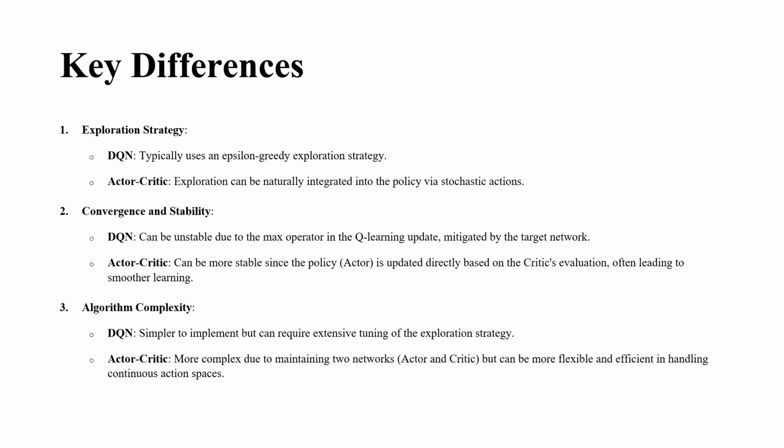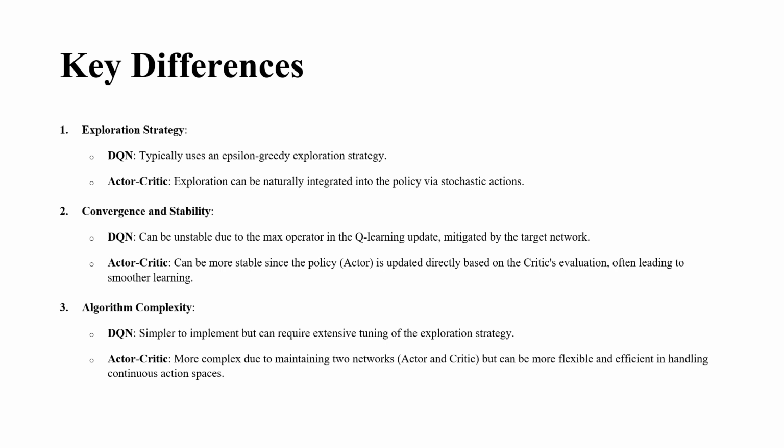So the policy will define the exploration, the convergence and stability. The DQN can be unstable due to the max operator in the Q-learning update, mitigated by the target network. Actor-critic can be more stable since the policy, the actor, is updated directly from the critic evaluation, often leading to smoother